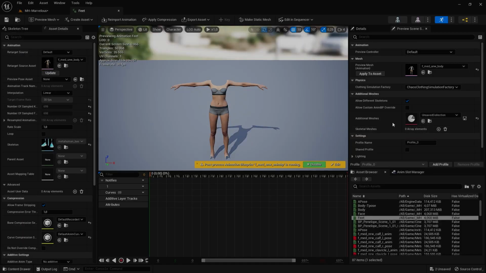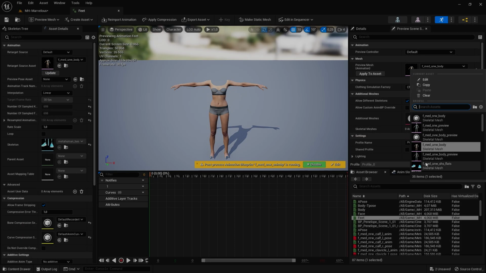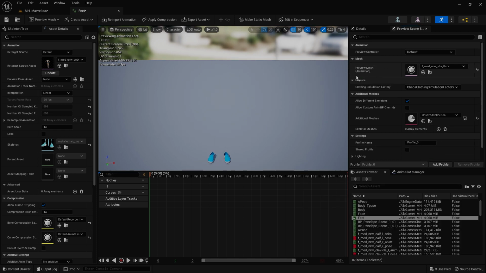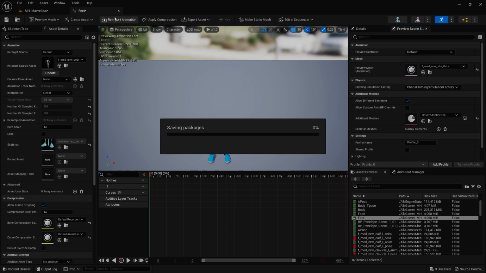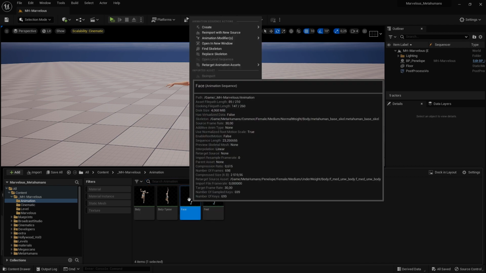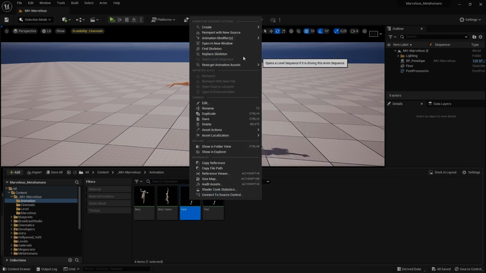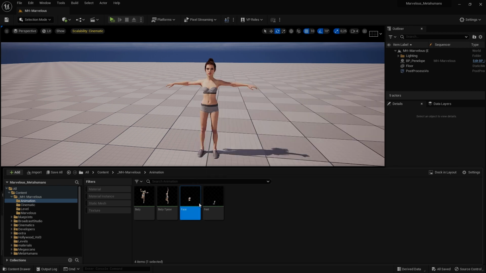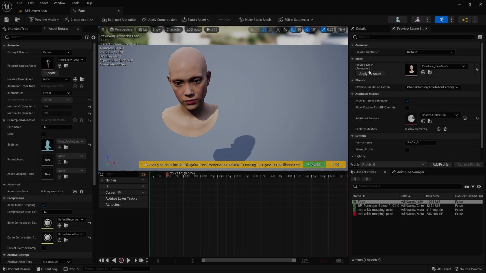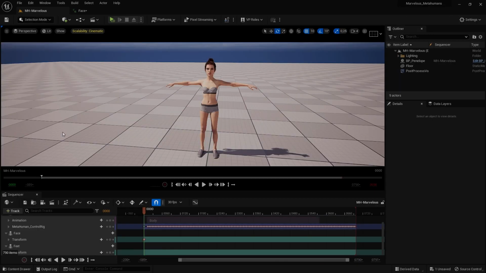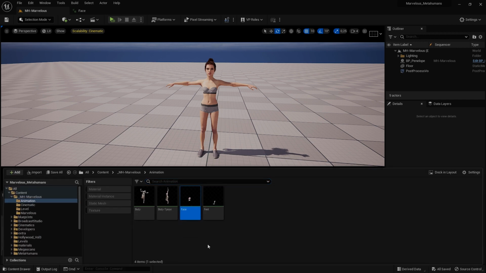Feet is easy, simply go to the preview mesh, select the right body type and flats, whatever shoes you have, just apply and then save. And then for the face, right click and then say replace skeleton and choose the face, and then double click and then just apply to asset, and you have the face, the body and the feet.